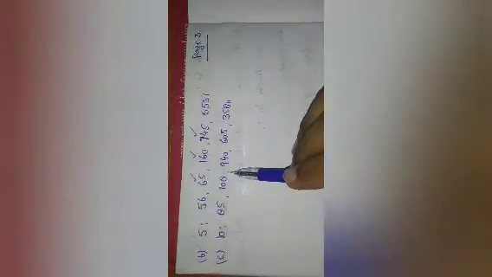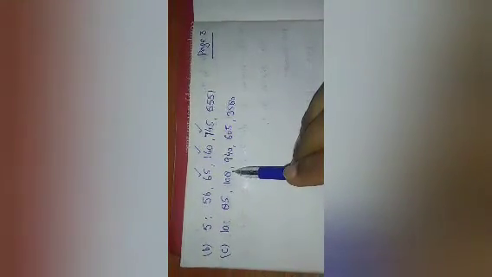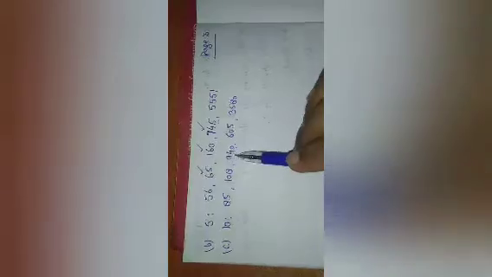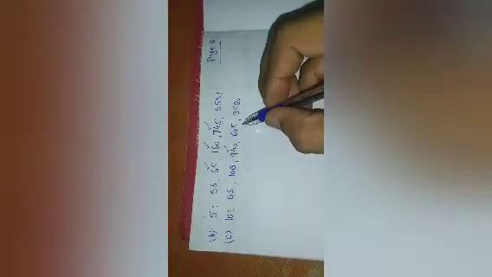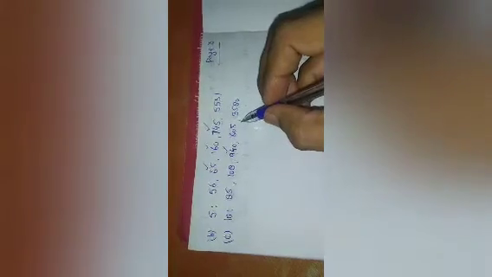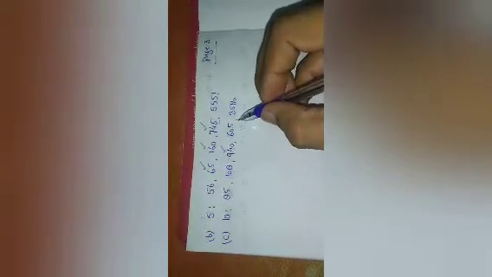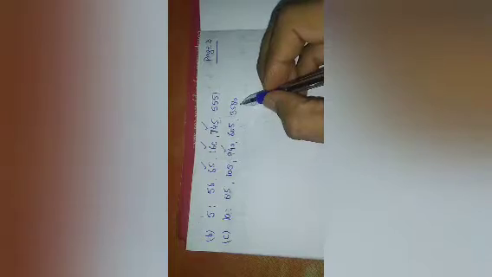Another thing, the next number is 108. In 108 the ones digit is 8, so that number is also not divisible by 10. Next number 940, the ones digit is 0, it means that number will be divisible by 10. Next number is 605, the ones digit is 5, so that number is not divisible by 10. Next number is 3580, the ones digit is 0, so that number is also divisible by 10. Okay students, if you have any doubt then you can also ask the query.